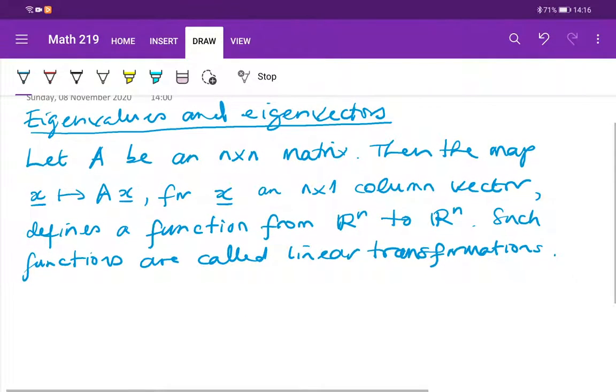So each n by n matrix defines a linear transformation. Other matrices, whether they're square or not, define linear transformations also, but we're interested in the case when A is square. Okay, so to understand this linear transformation, it's interesting